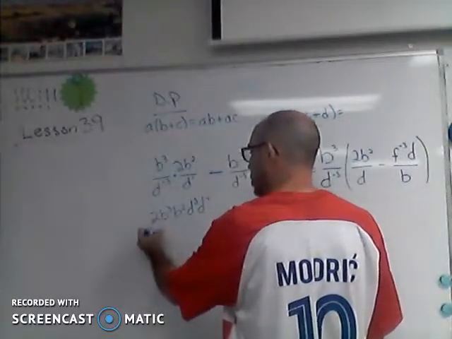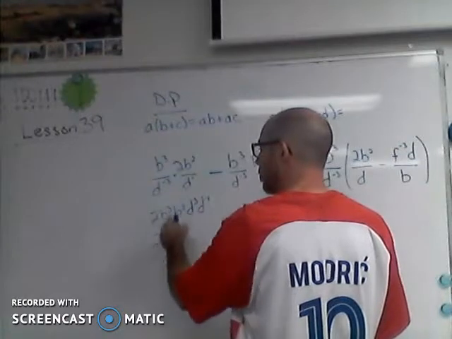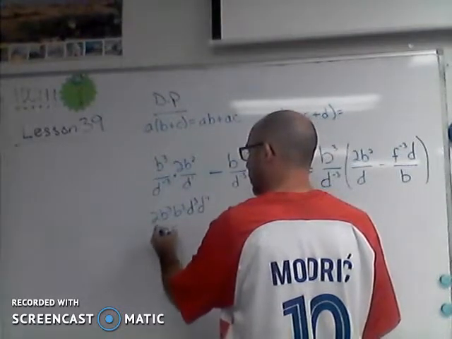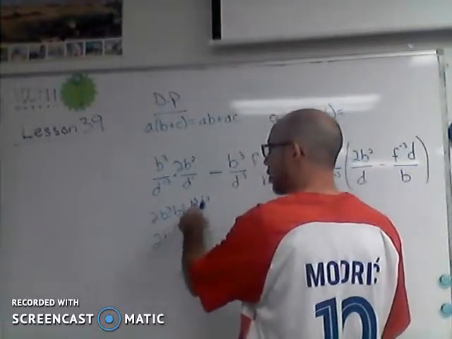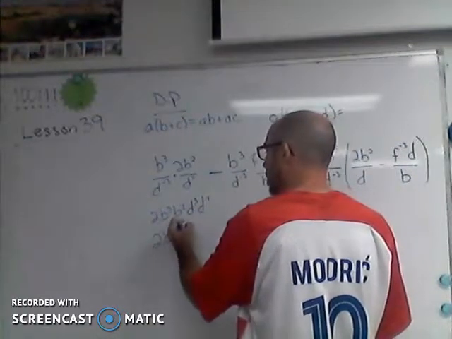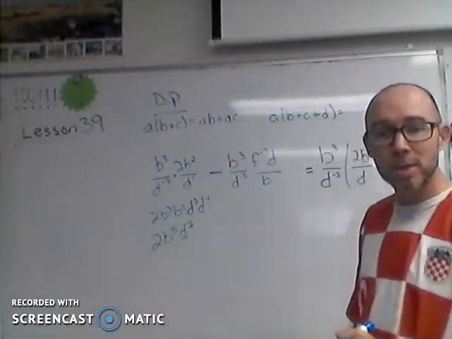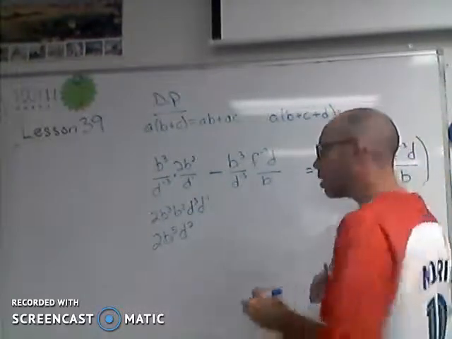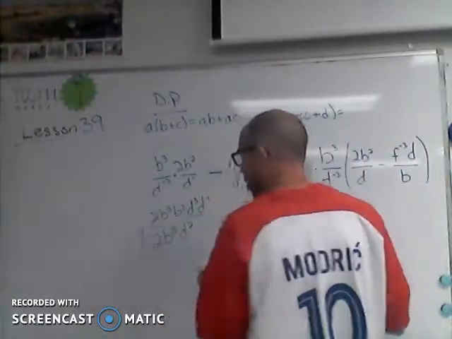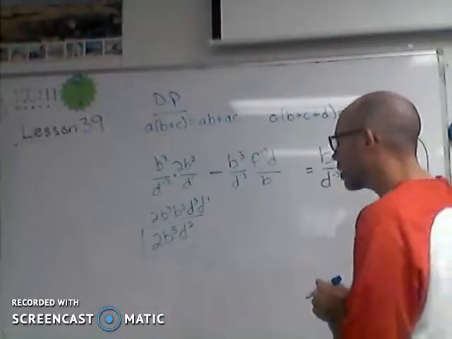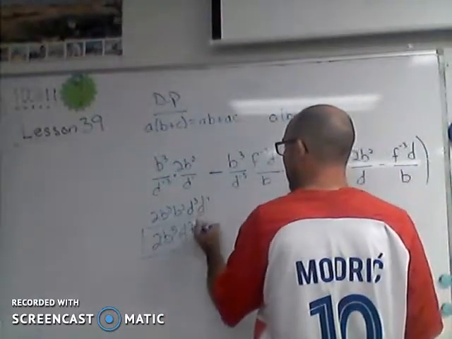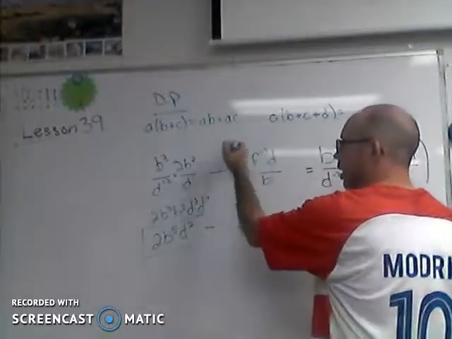I'm going to have 2. I'm going to have b to the 3 plus 2 power, which is 5. And I'm going to have d to the 3 minus 1 power, that's 2. Everything's good there. No negative exponents. Everything's in the numerator. So there's the first part of the answer, right? Pretty good there. We're going to have this minus at this point, and then we've got to clean this bit